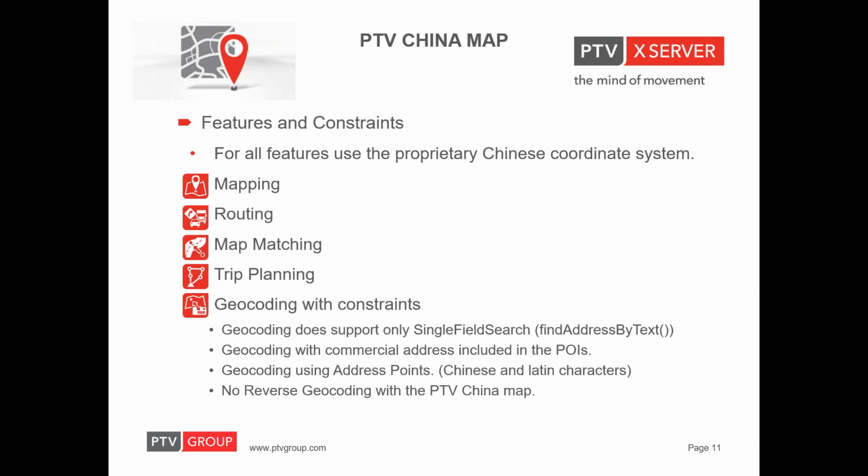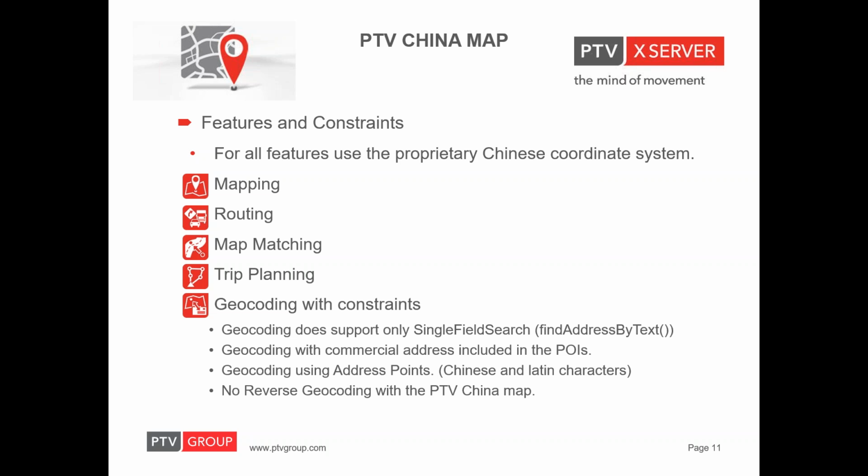So about the features of the PTV China Map, be aware to use the Chinese coordinate system for all use cases or for all modules. We provide the mapping feature all over the country, and routing is possible where you can see the streets in the map. The map matching is possible all over the country as well, where the streets are available, and the trip planning as well. We have some constraints for the geocoding, so we only support the single field search with